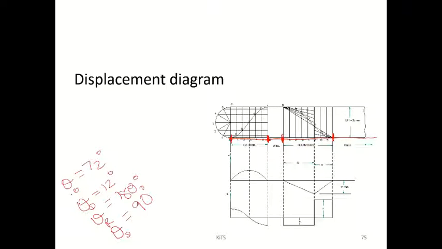For outstroke and return stroke, we have to draw exact values. 72 degree means 7.2 centimeter. 180 degree means 18 centimeter line. Do you understand? I hope all of you have drawn. Now split this 72 degree into 6 parts. What is the answer you will get? I think you will get 1.2 as the answer.